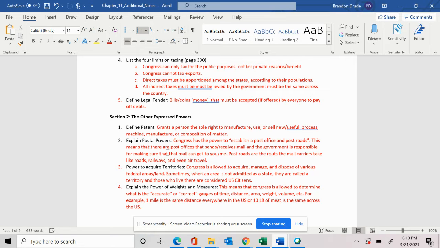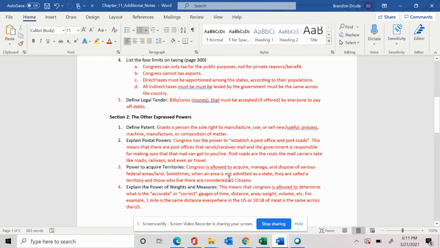Congress also has the power to acquire territory. That means Congress has the ability to acquire, manage, and even dispose of federal land. Federal land that is not considered a state and is not admitted as a state, we usually call a territory. Even though they are not considered a state like Michigan or Ohio,